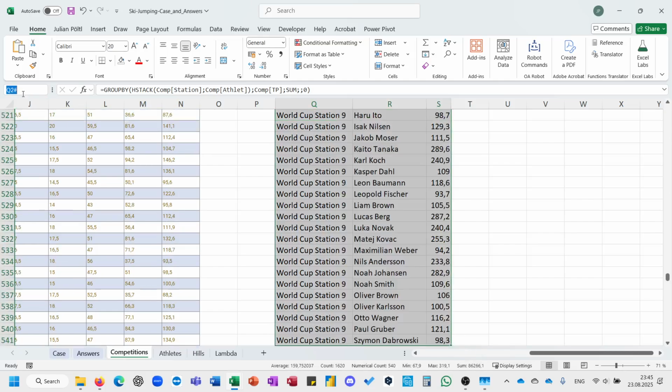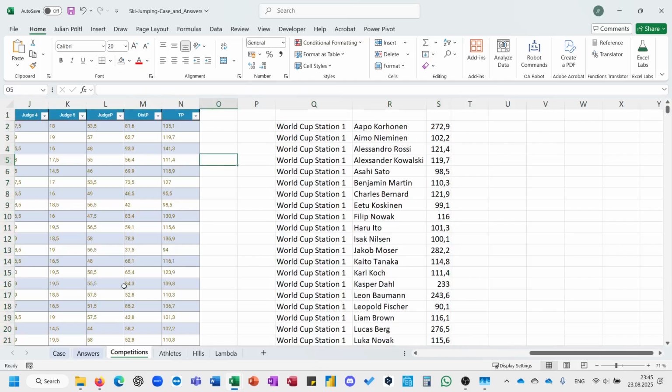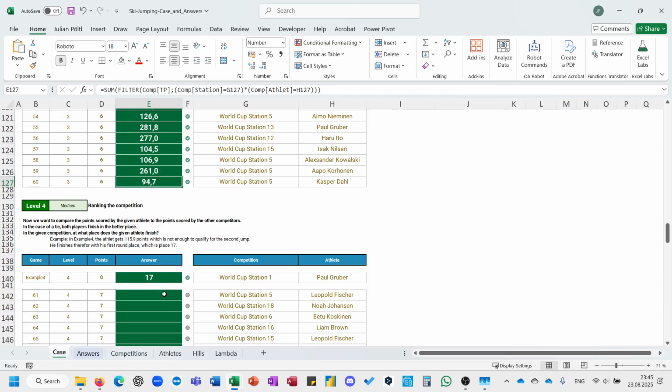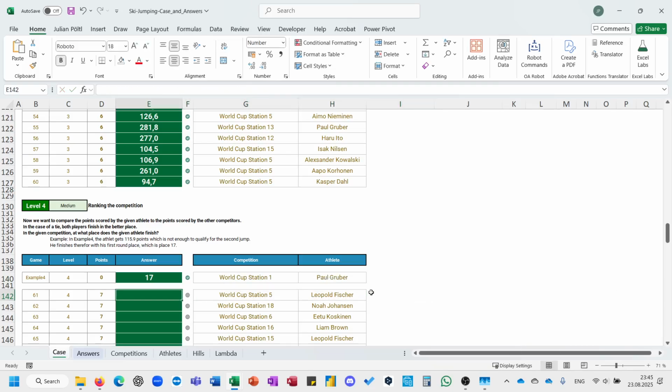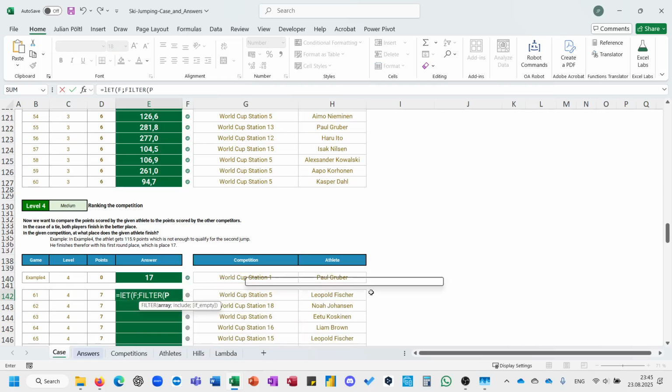Name this PTT point table. Now I can use it with this named range. And then I use filter, or let, f filter PTT if